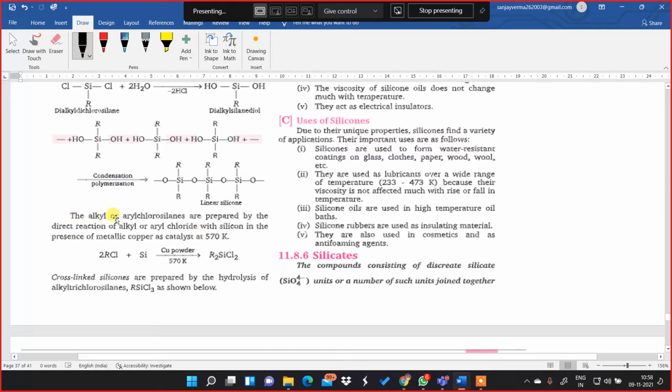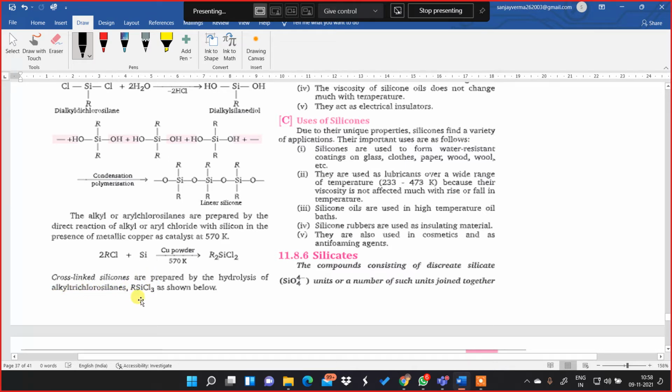Now, the alkyl or aryl chlorosilanes are prepared by the direct reaction of alkyl or aryl chloride. Like if you have CH3Cl plus silicon in the presence of a catalyst, copper powder, at 570 Kelvin, it forms a dialkyl silicon chloride. Now this is simple, but we can have cross-linked silicones also being prepared by the hydrolysis of alkyl trichlorosilanes